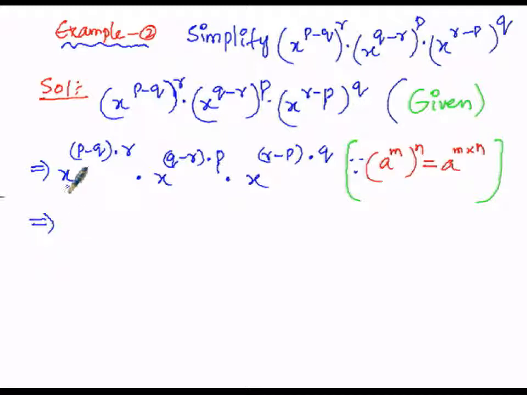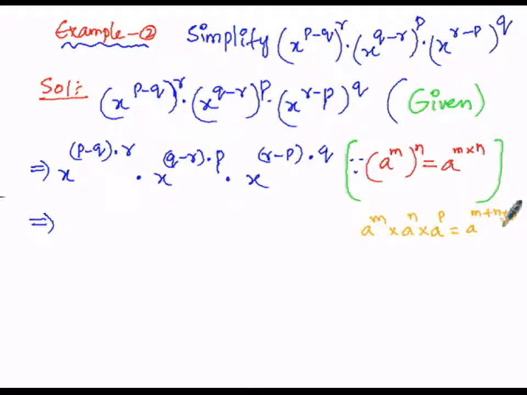Then that implies here the base is x, and in the second case the base is x and the base is x, that means the bases are equal and the symbol is into, that is the product symbol. Therefore here we can utilize the product law. So here the product law is a power m into a power n into a power p. Bases are equal, here the product is in between the bases. So here these exponents must be added up. Because this relates to the product law, therefore the exponents m, n and p, all the three exponents must be added up.